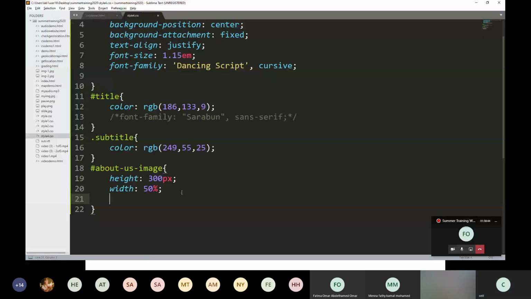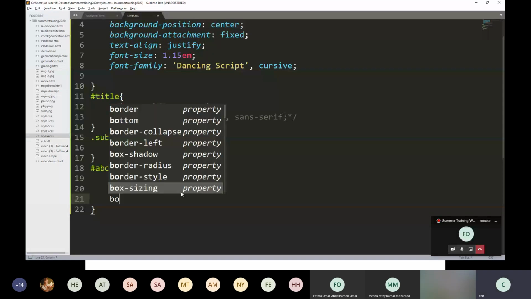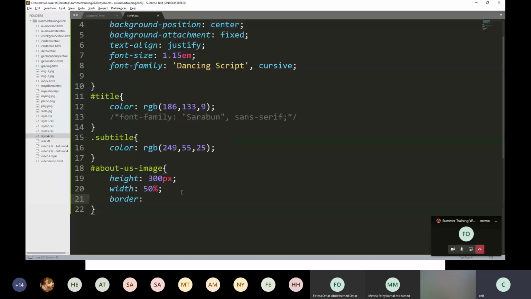Then in here, display flex is not needed. Okay, I want a border. For border, already I have told you that suppose I need 2 pixel dotted border of color.